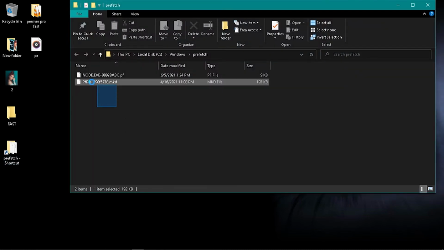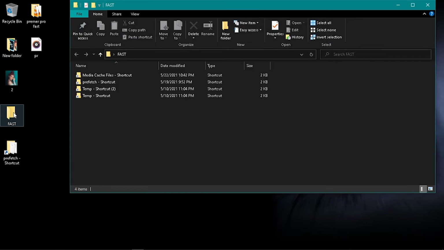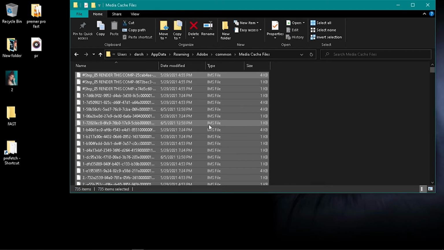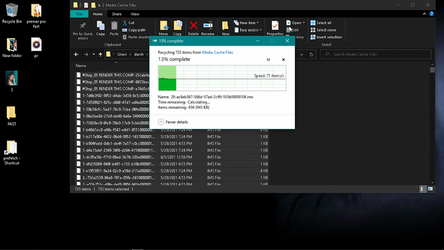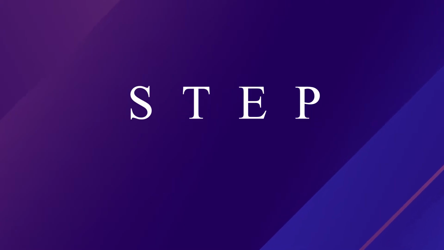You can select all and delete here itself. I already created for me on the desktop itself a fast folder for prefetch, temporary and media cache files. Like this way I can easily click on them and I can select all and delete. Sometimes the temporary files will be up to 20 GB even for just a single project of 10 minutes also, so delete them as soon as possible so that you get more space for editing.